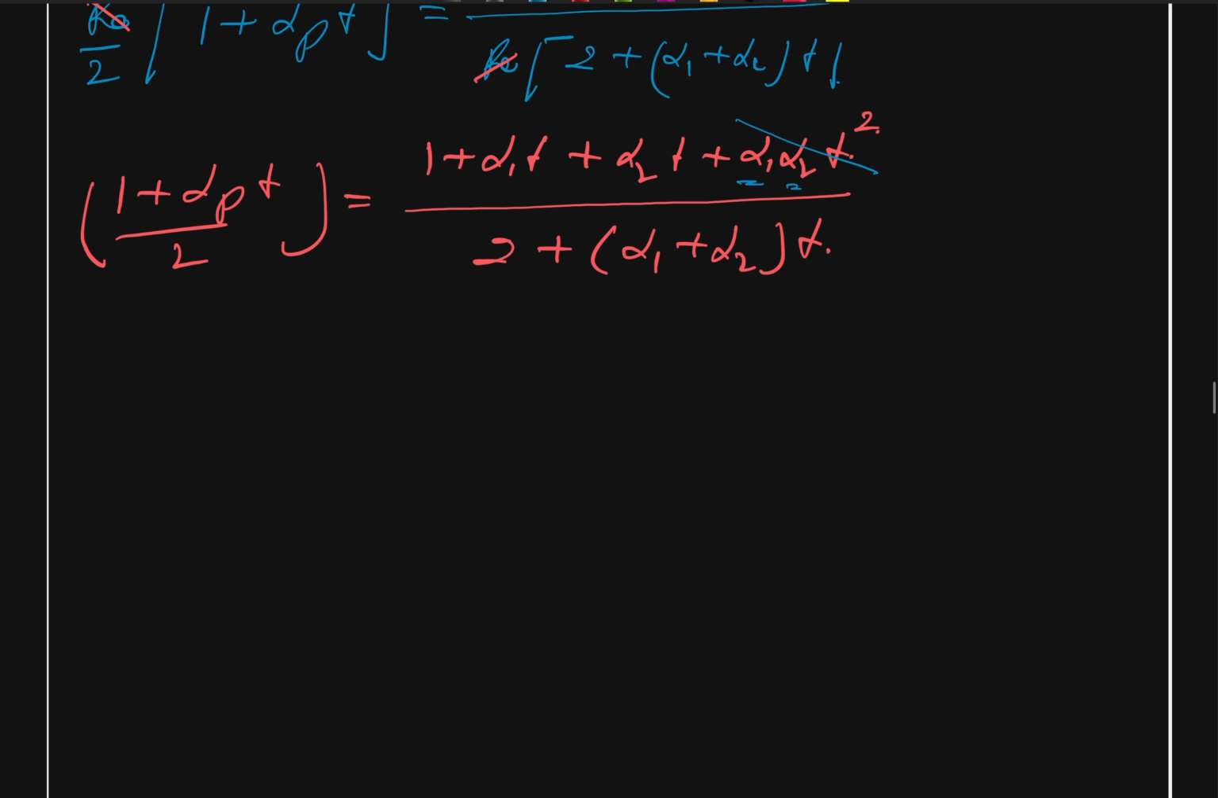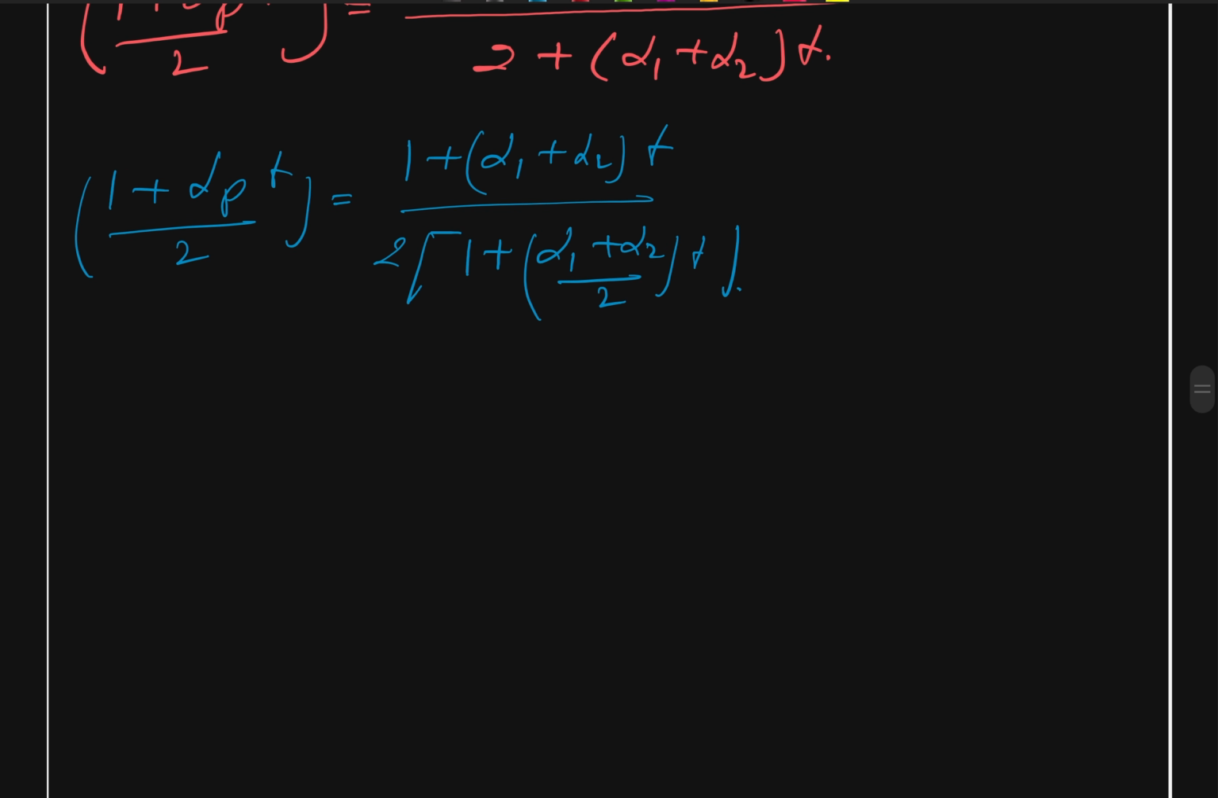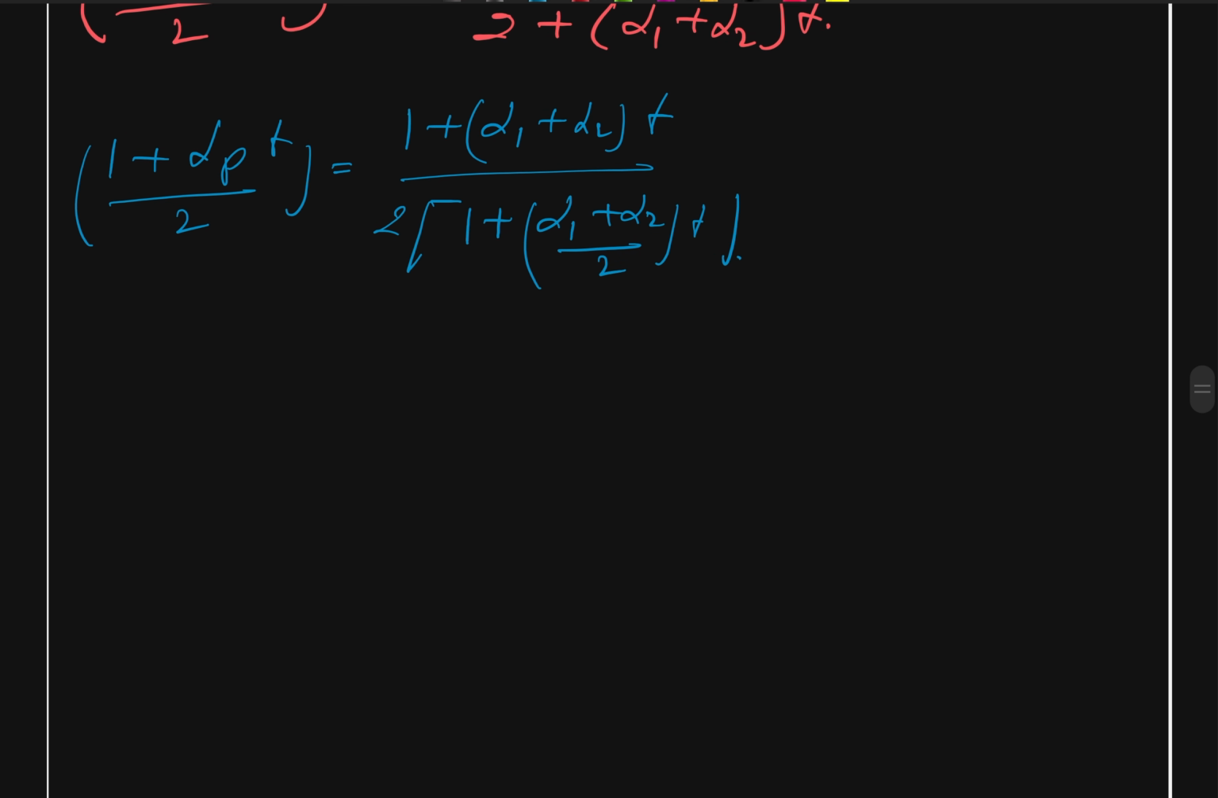And we get this as 1 plus alpha p times t divided by 2 is equal to 1 plus alpha 1 plus alpha 2 times t, and in the denominator we can take 2 as common, so this becomes 1 plus alpha 1 plus alpha 2 divided by 2 times t in brackets. Now we are going to use the binomial theorem on the right side only, so we get this will be equal to